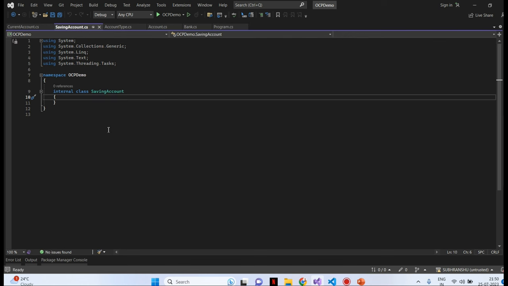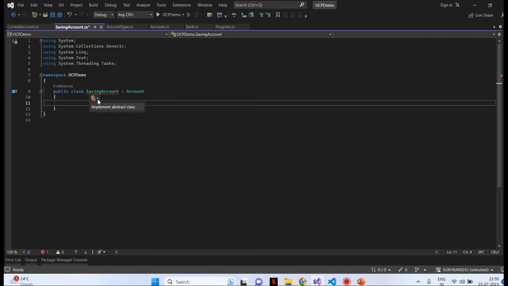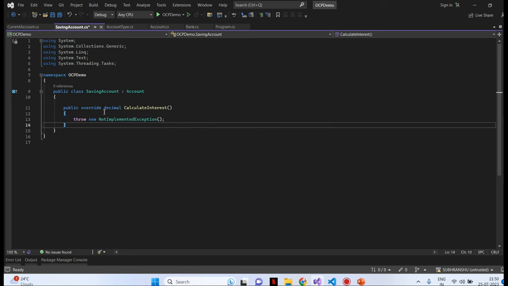Now first, I'll calculate the interest for the saving account. So here I'll make the class public and then I'll inherit from the abstract class, that is Account, and here we'll implement the abstract method, that is CalculateInterest, and here we'll specify